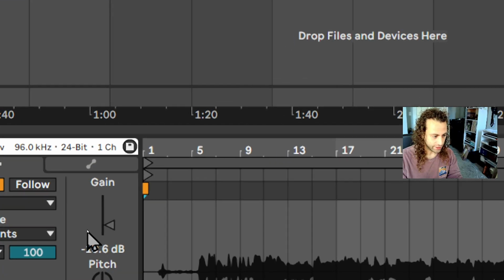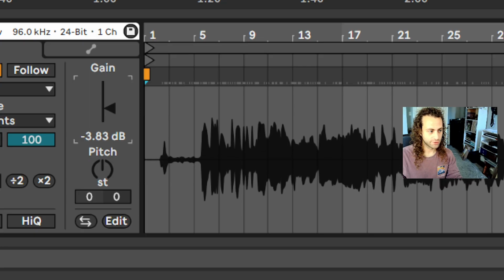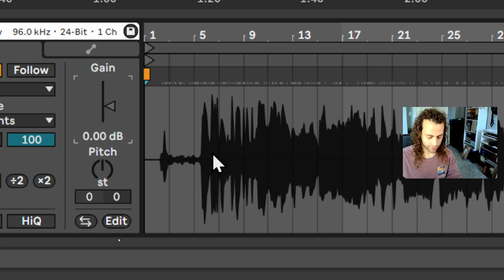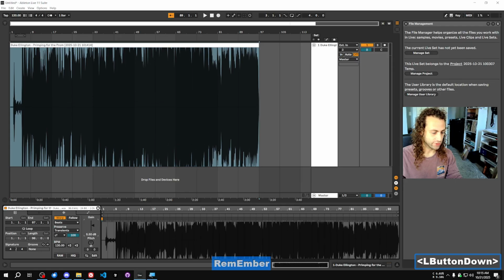However, when we look down here, you'll notice that according to Ableton, this clip is actually turned down by 10.5 decibels. Rather than being at 0, Ableton is thinking that this clip is 10.5 dB lower. So if we bring this back up to 0, this is called normalization. So basically just taking the loudest piece and setting that at the top of the clip window. And you can go above the clip window too. Like you could do something like this,